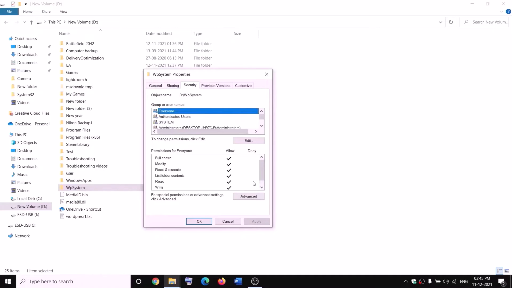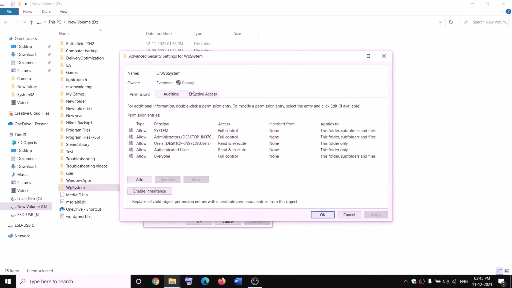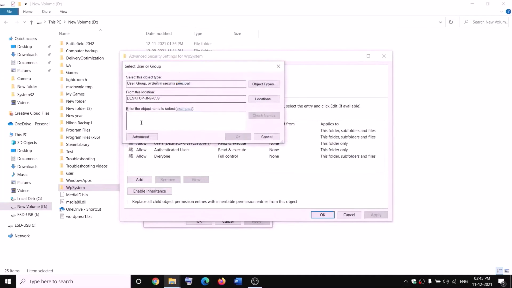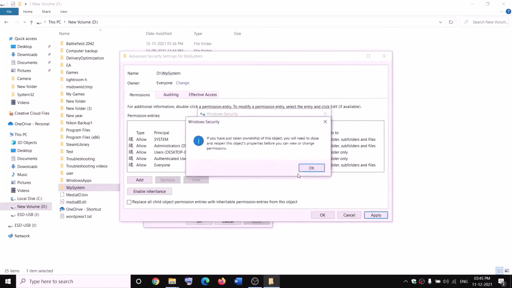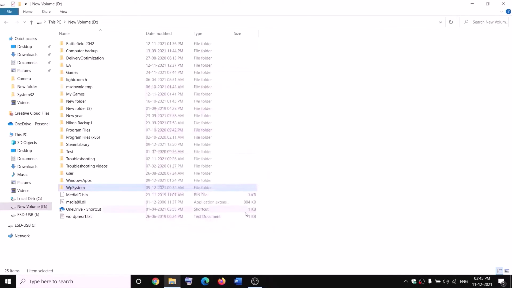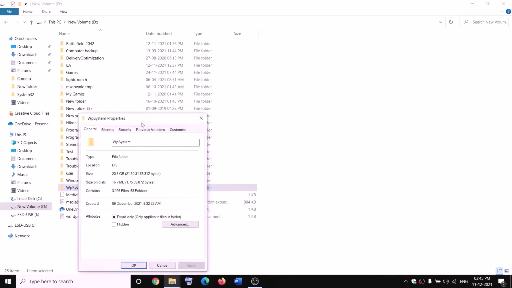So go to security tab and then click on advanced. Now click on change over here and then type in everyone over here, everyone, and then click on check names, then click on OK. Now put a check on the box which says replace owner on subcontainers and objects, and then click on apply. OK, OK, OK,